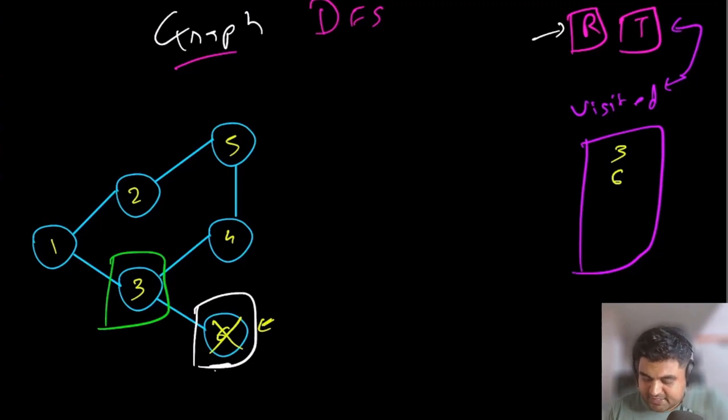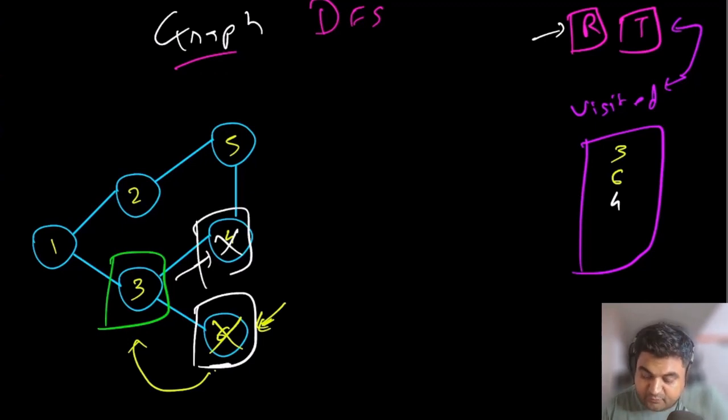So for node number 6 we are done, we are going to backtrack, and from node number 3 again we are going to move to the next neighbor that is not node number 6. This is the key part, that is not node number 6, because we already marked it as visited. Again for node number 3, let's say we go in the direction of node number 4, so we mark node number 4 as visited.